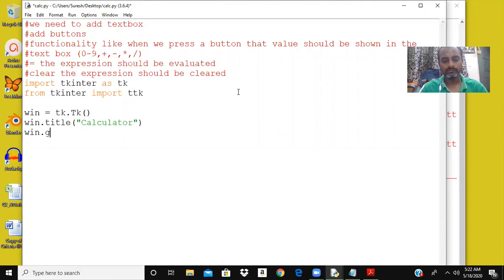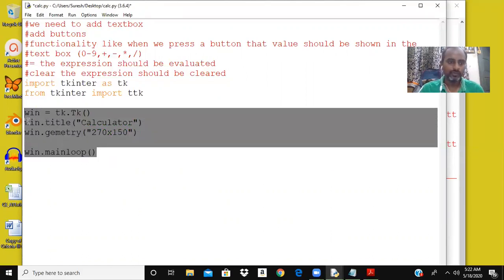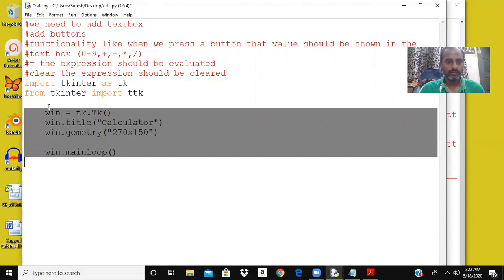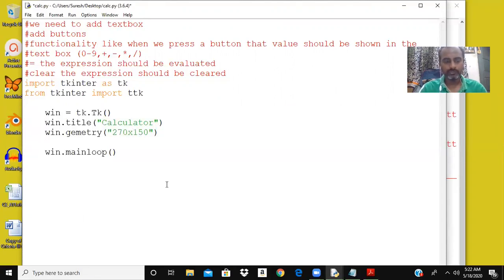Let me give some expected size I am passing here. It may fit well, it may not fit well. We know that we need to write the main loop. These four lines are very common for every GUI program.